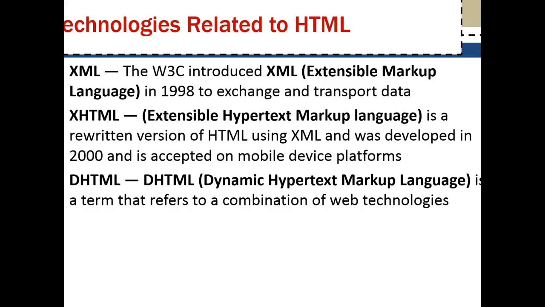Let's look at the technologies related to HTML. XML was introduced by W3C in 1998 to exchange and transport data. It works along with HTML by transporting web data obtained through an HTML web page. XHTML is a rewritten version of HTML using XML, and its primary benefit is that it is more widely accepted